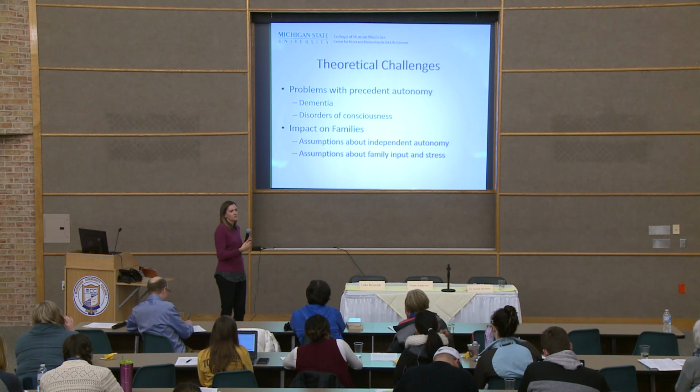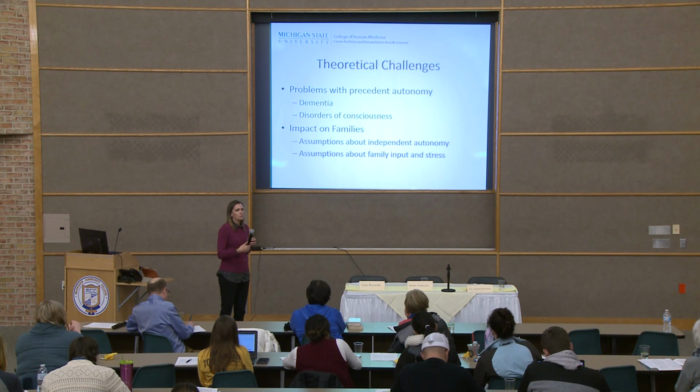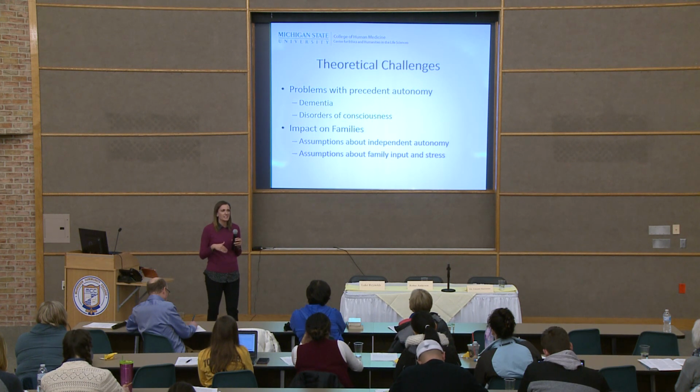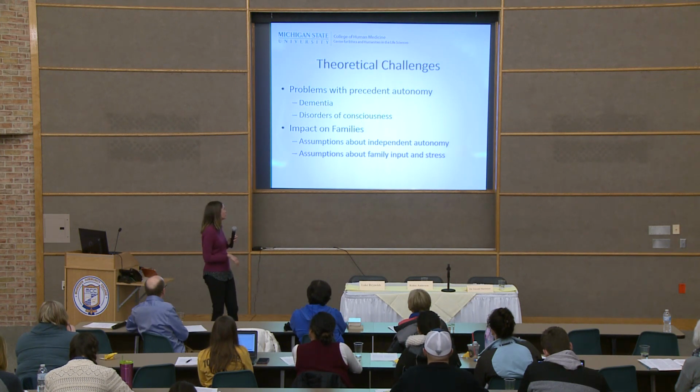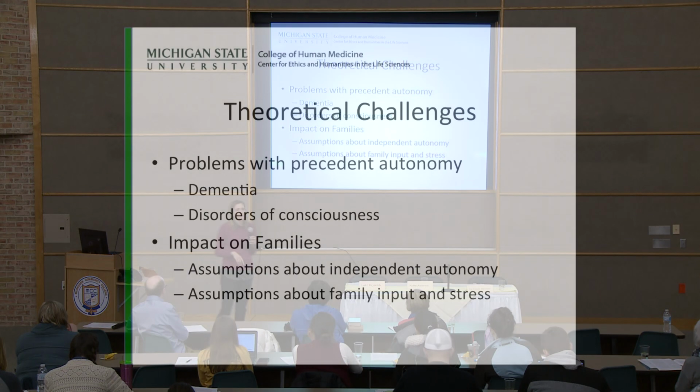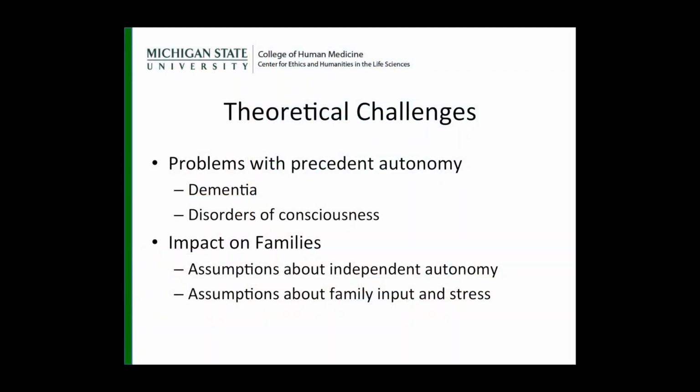So what do we do with those folks whose lives don't seem so bad, but wrote advance directives that lead us to believe that maybe they wouldn't have wanted any end-of-life care and it'd be better for them to just be able to die? Those are tough scenarios. They happen with dementia and then these disorders of consciousness. In PVS, you're not necessarily dying. In a minimally conscious state, you're not dying. But maybe you have a quality of life that you wouldn't find acceptable. But maybe you would. It's really hard to know that. So these get to be borderline cases.